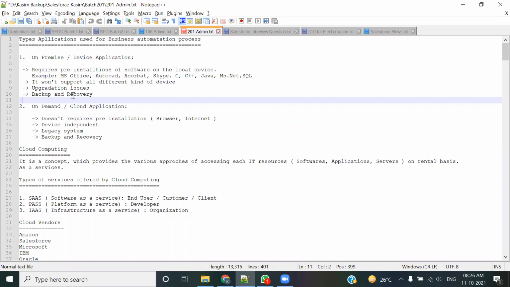And if I forgot this laptop at home, and now I want to access the application, there is no way I can access it, because I don't have that device with me on which this application has been installed. Okay, so this is one of the drawbacks. But if you are dealing with cloud technology, that means you only require a browser and internet. Now this is something which is everywhere.